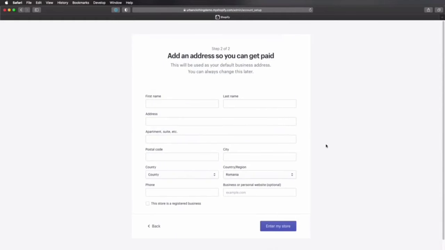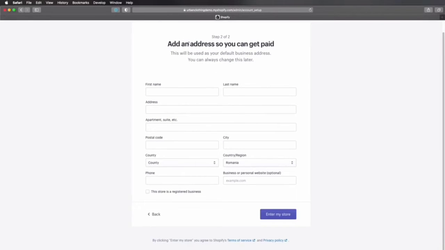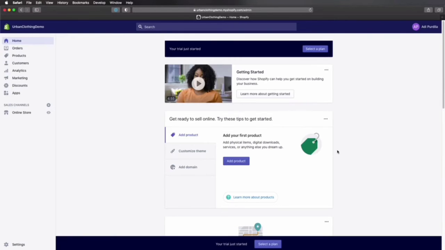So we're going to just hit next. Now let's add an address. Here you would obviously just enter your business address. In my case, I'm just going to add some random numbers here. And after that's done, hit enter my store. And that's it. You now have an online store created and hosted on